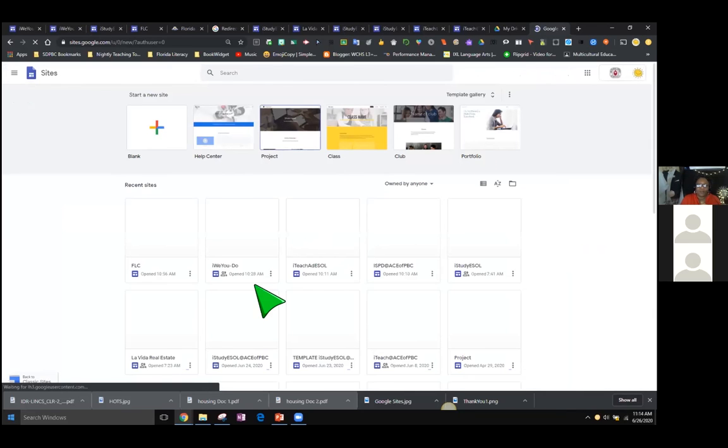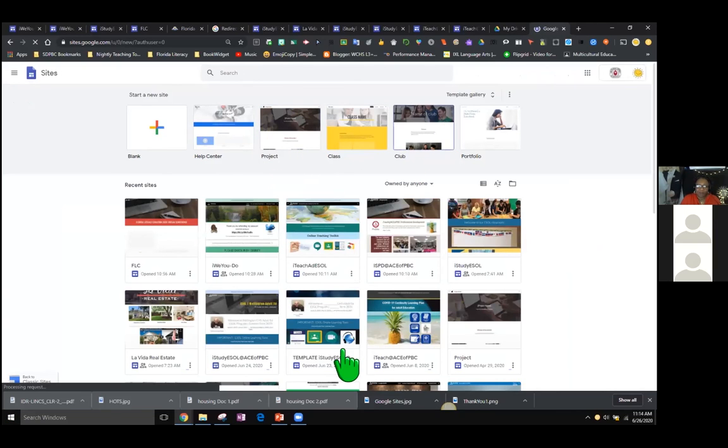So if you don't want to go through the work of creating your own template, you can use one of these templates. On the bottom are all the sites that I've created or interacted with. So just do sites.new, click on the sites icon, and it will take you into the library of every site that you've created or that you're allowed to be an editor on. Okay?